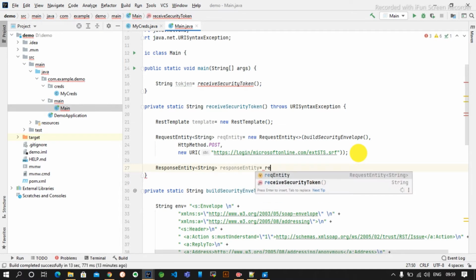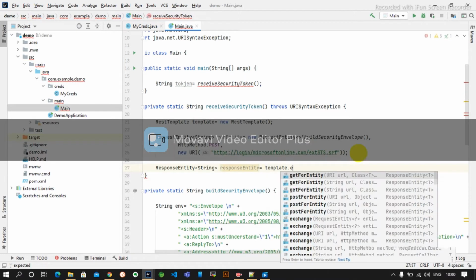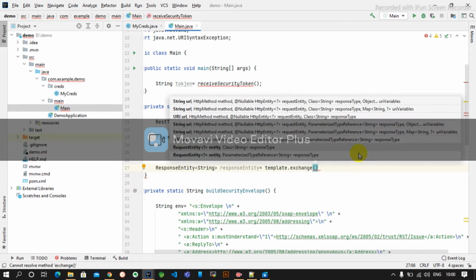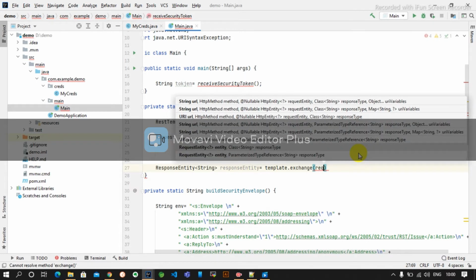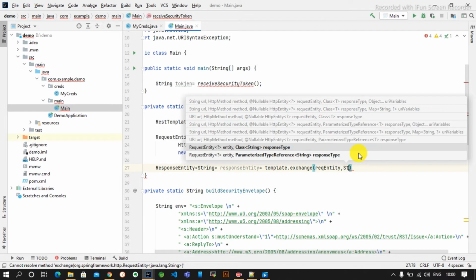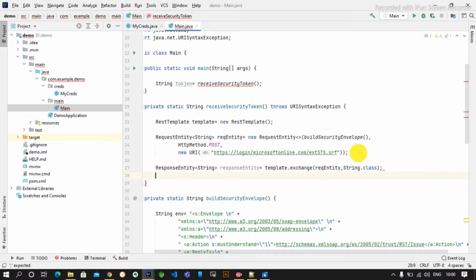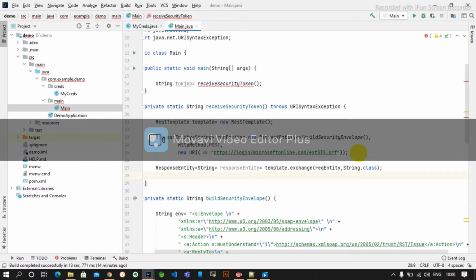Then we have template.exchange, which is a method of RestTemplate. Whatever request entity we have created, we will use that request entity, then the response class. I am expecting a string, so I will use String.